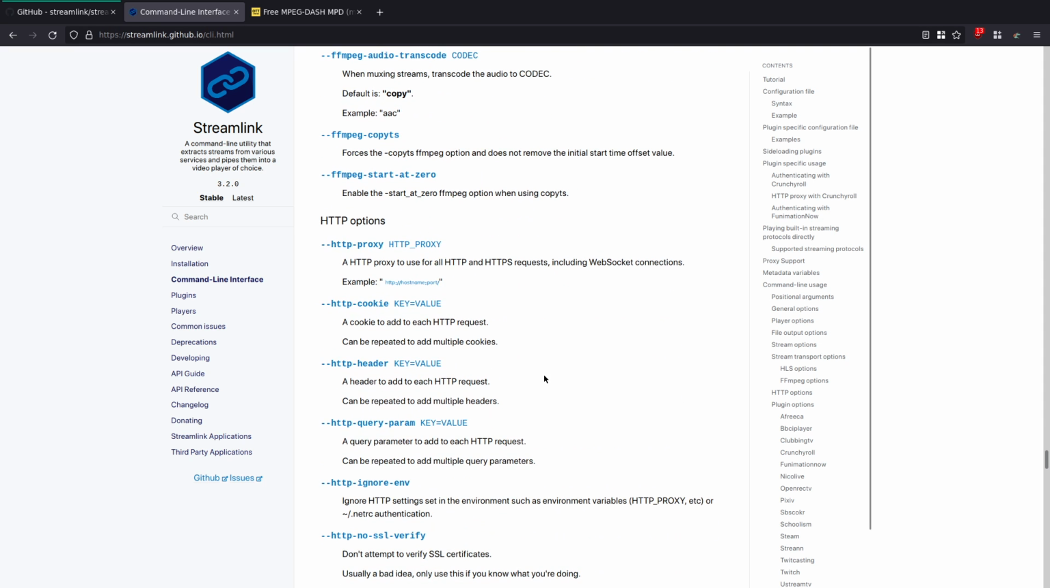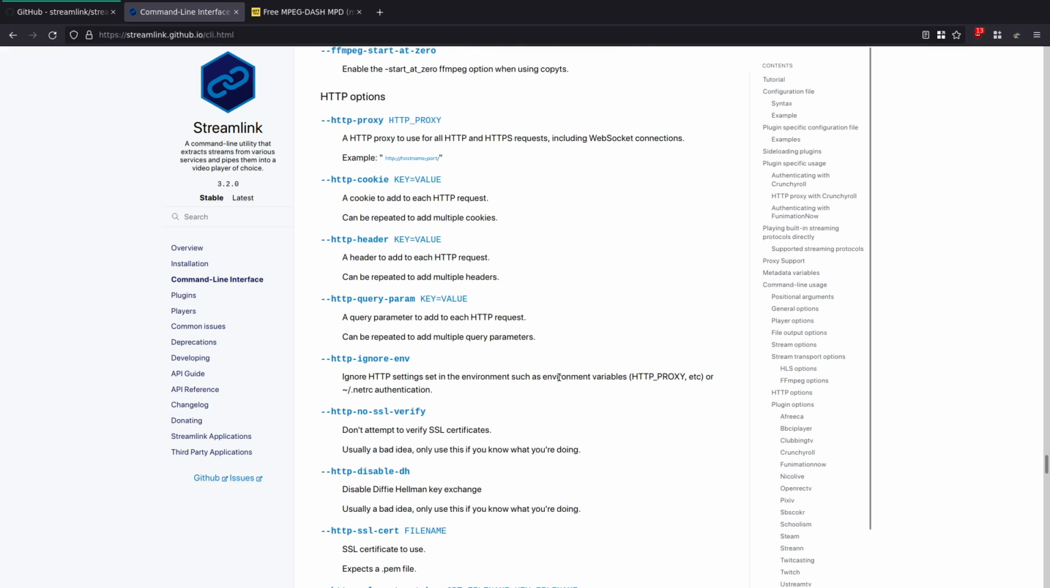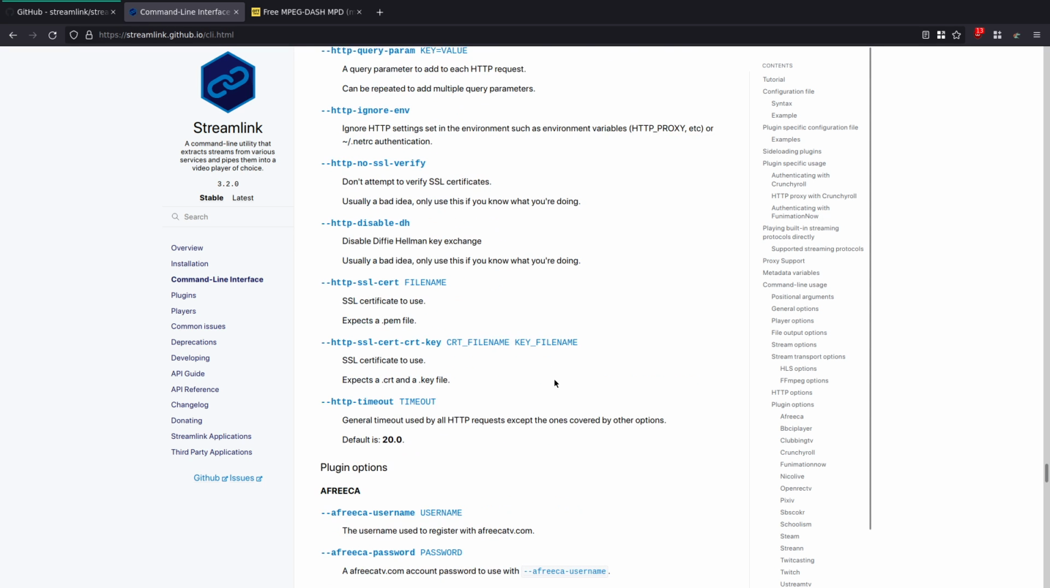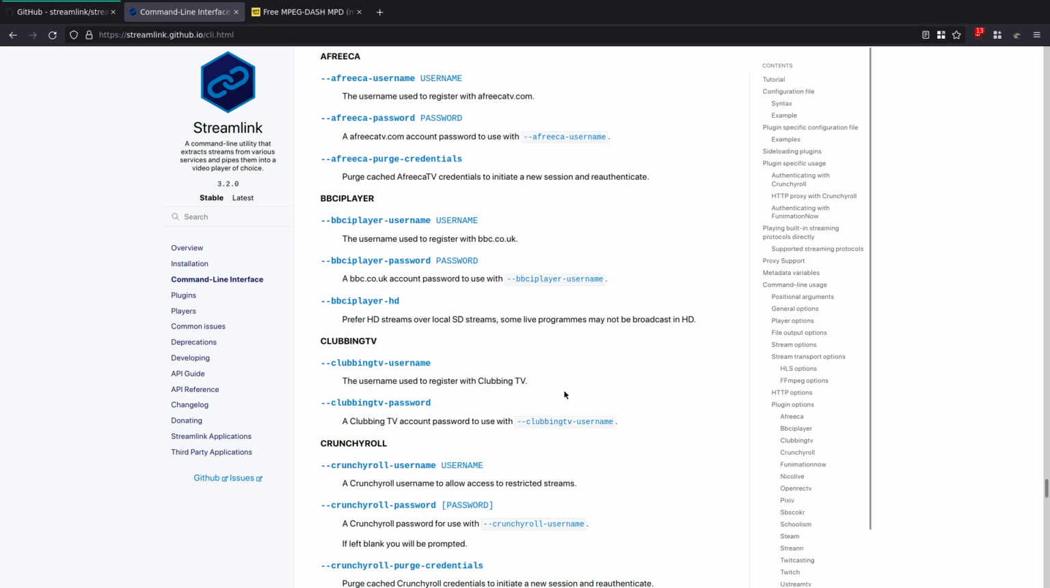And you've also got options here for HTTP, so you can pass in things like cookies, headers, which can be useful if you're trying to work around particular issues recording something. So these are some of the options with Streamlink. Again, here, these are the plugin options, and I'm not really going to use those. I'm just demonstrating this as another tool to have in your toolbox when you're trying to record something, because as I said,